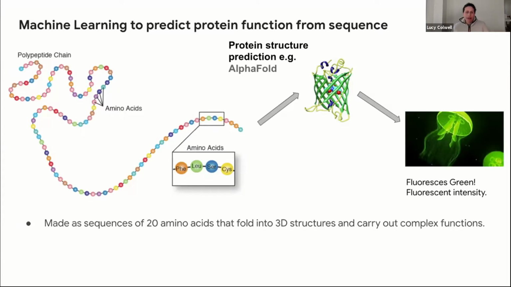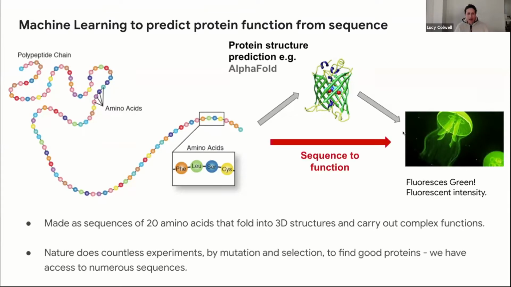There are proteins that are very structurally similar, that have very similar sequences, that end up acting quite differently in terms of function. And of course, the color of this protein is just one categorical measurement that we might make. We also might be interested in how brightly it fluoresces, how quickly it folds, how stable it is. There are all sorts of functions you might want to measure, and getting from structure to those functions can be really quite difficult. And so I'm very excited about going directly from sequence to function and building models that can make accurate predictions